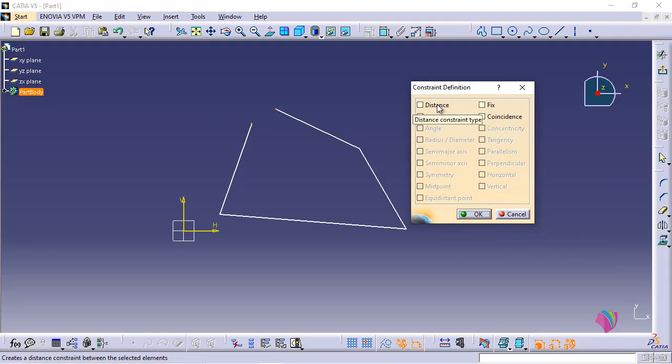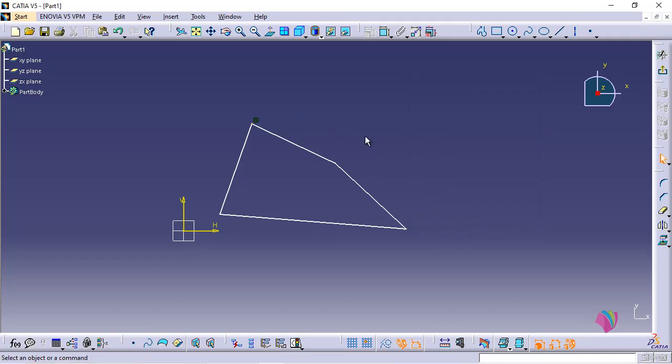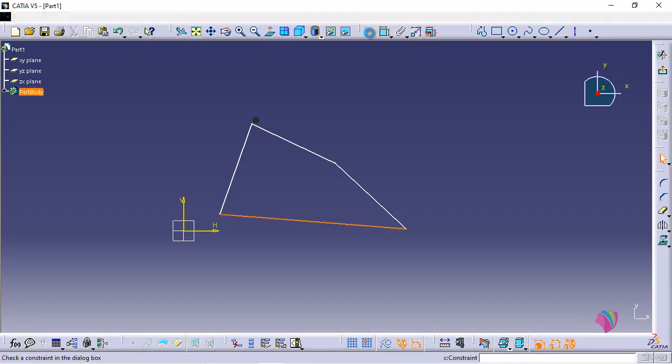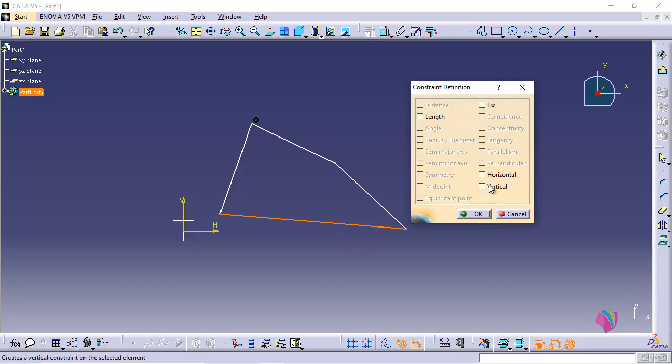So we can use distance, fix, coincident. We want to coincide these 2 points. Click on coincidence. Click on OK. And you can see both the points have been coincided, and a green symbol has been generated. This is for the coincidence. The geometrical constraints icon is de-highlighted. As soon as you select this line, it is getting highlighted. Click on this line and you can see